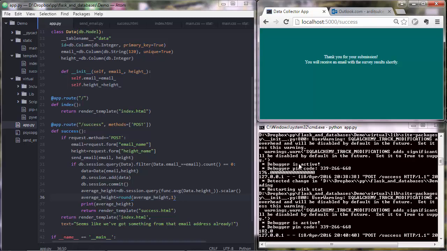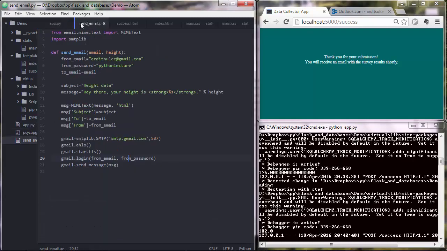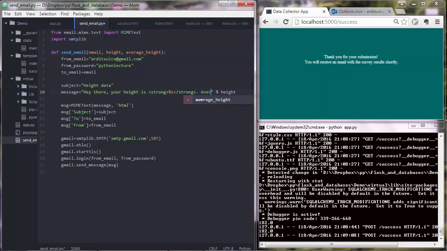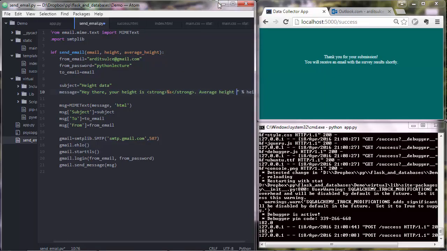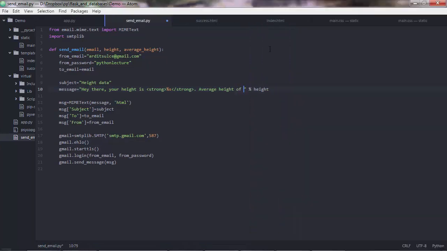Maybe you're using some different units there. And yeah, I think this is all clear, and let's go ahead now and send this average height value to the email function as well, so that the email function then will do something like average. Let's call this average height as well, so it's just a parameter. It will be a local variable in here. It doesn't have to be the same as this one. Good. Average height, so we could do something like average height, or let me maximize this, of all is placeholder,